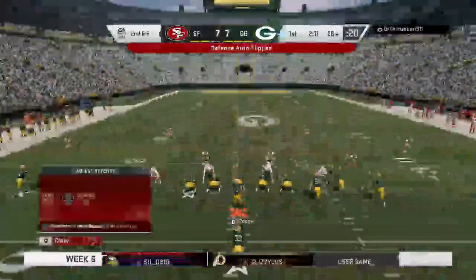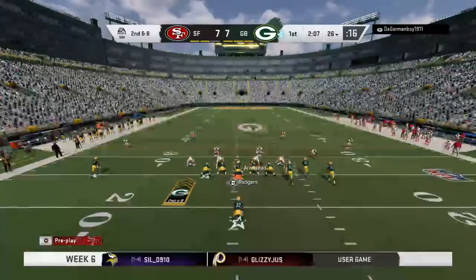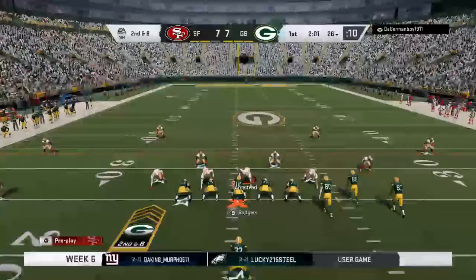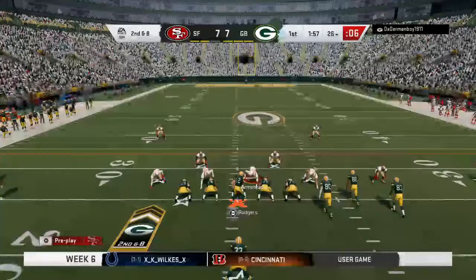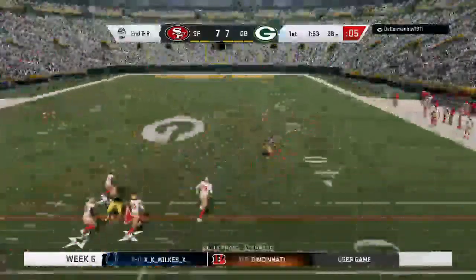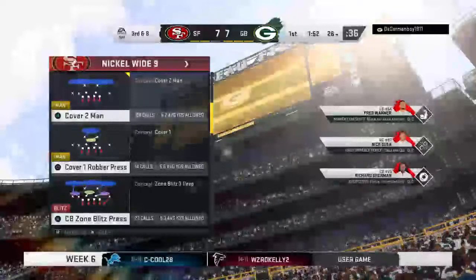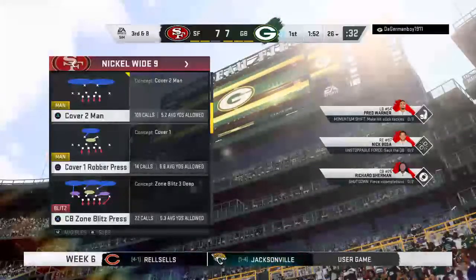The last run good for 2. Here's 2nd and 8. Here's Rodgers. And his throw's going to be incomplete. Cody Latimer, the intended receiver. And that'll make it 3rd down. Oh, man, that was close. The opportunity to change